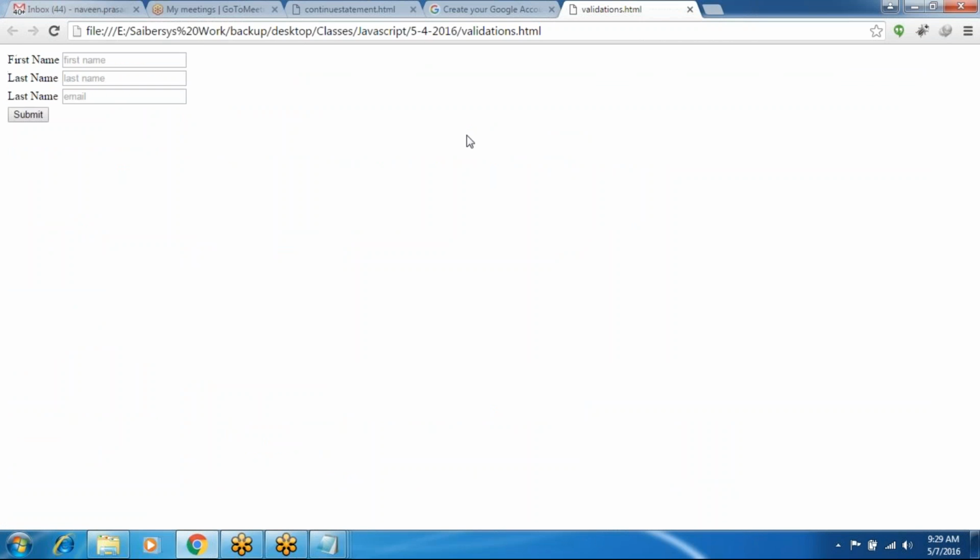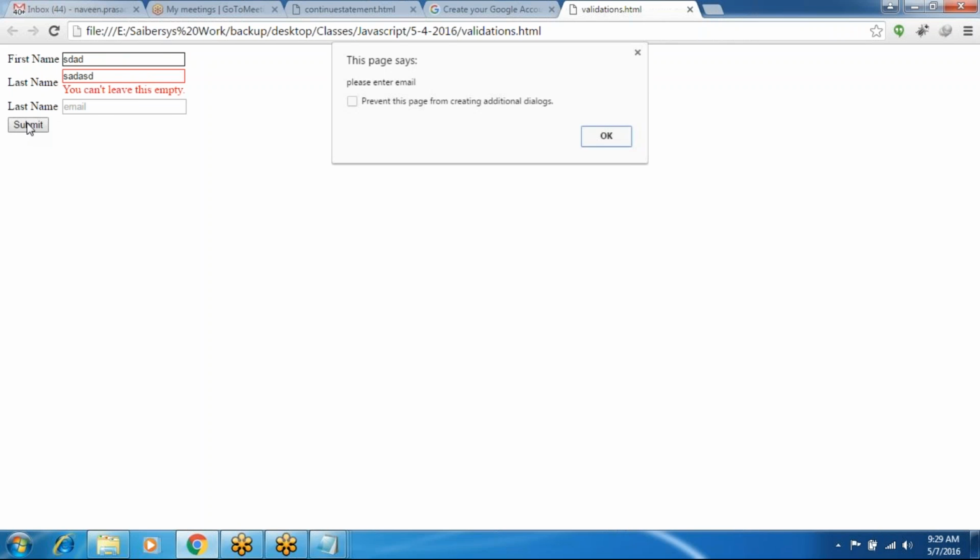Run this example and enter first name value and last name value, and here the email text box. Here I am entering some text. Submit: please provide valid email.